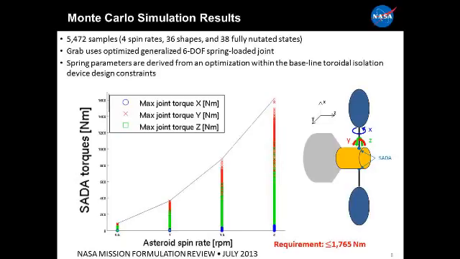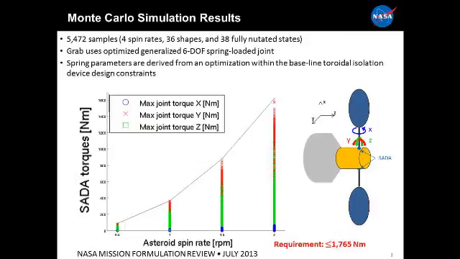So we've done a Monte Carlo simulation of about 5,500 cases with all these different conditions and every combination, where we've generalized the bag as a 6-DOF spring-loaded joint and then optimized all the spring damper characteristics according to limits set by our inflatables people who did, of course, the MER and Pathfinder airbags and are now doing the low-density aerodynamic decelerator. And it turns out that we can achieve, even at 2 RPM, well